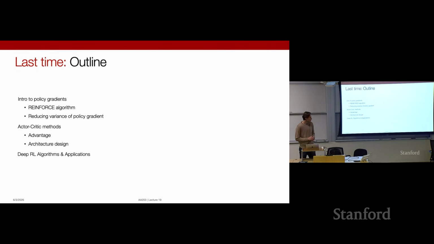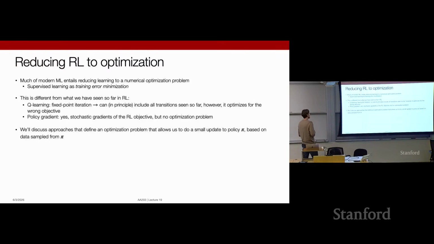So, if you recall, what we were saying last time is that we started looking at policy optimization approaches for model-free reinforcement learning, whereby the main idea was to build and compute these policy gradients, which are the gradients of the ground truth reinforcement learning objective that we're interested in optimizing, which enabled us to derive a number of algorithms ranging from REINFORCE to actor-critic algorithms. And then we concluded with discussing some more recent reinforcement learning algorithms that relate